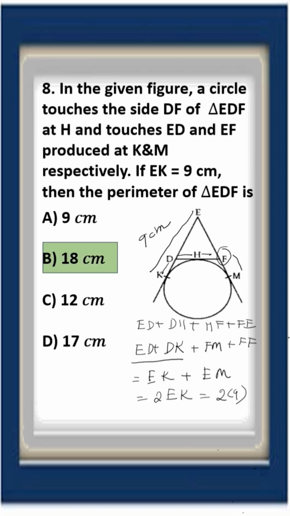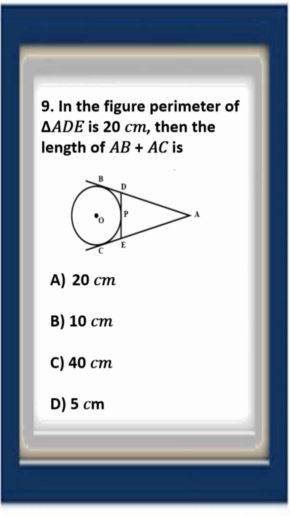In the figure, perimeter of triangle ADE is 20 centimeter. Then the length of AB plus AC is. This is AB, this is AC, which are the tangents. Perimeter of triangle ADE means AD plus DP plus PE plus AE. We can replace DP by BD. So